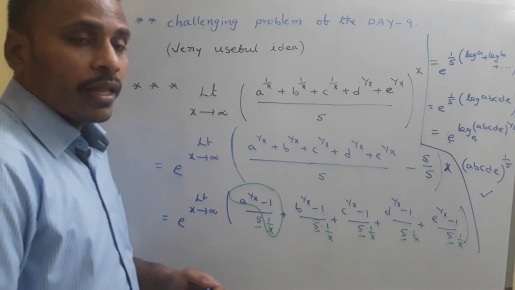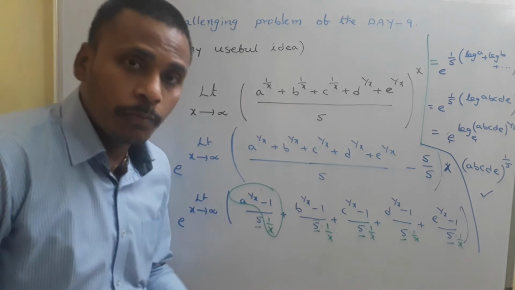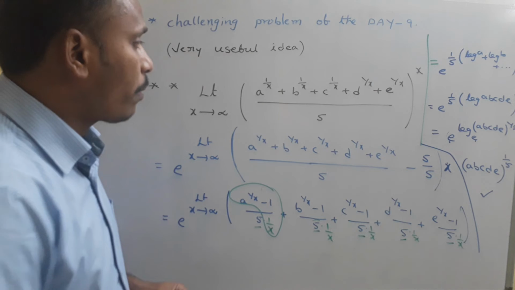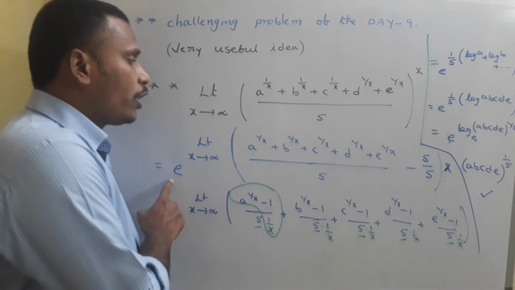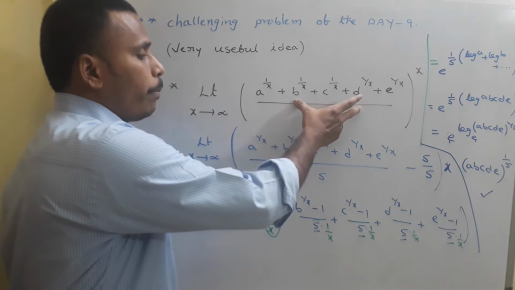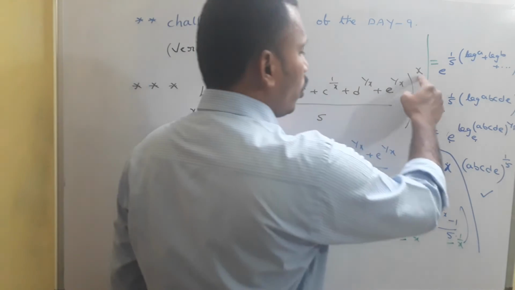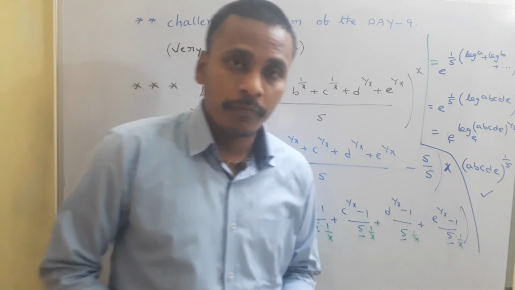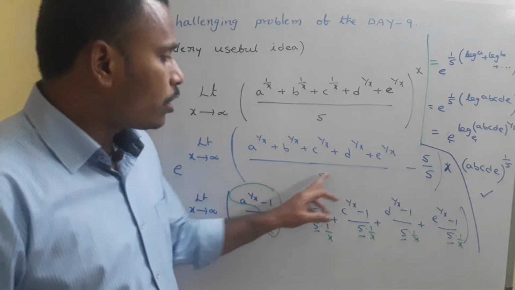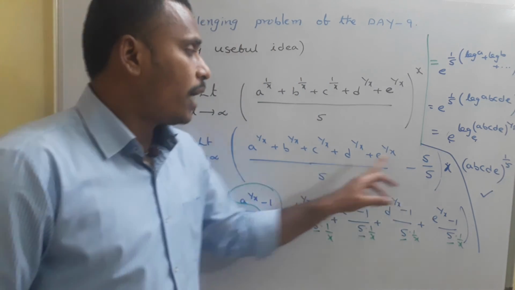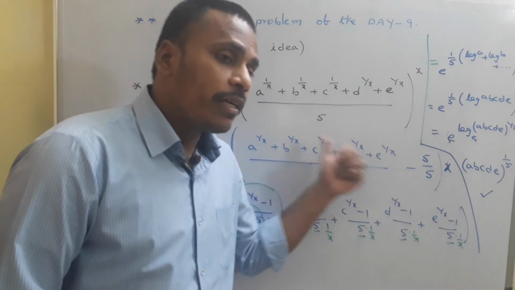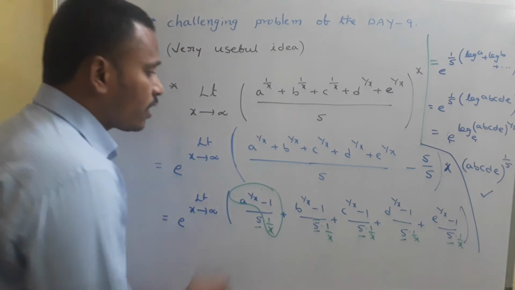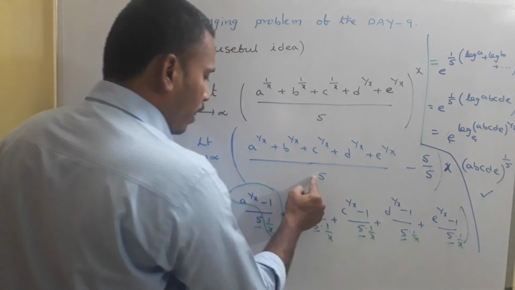This is the problem. Direct substitution is giving us the 1 power infinity form. Since direct substitution is giving the 1 power infinity form, we need to write it in such a way that it is e to the power limit x tending to infinity, base minus 1, into the power x. That minus 1 can be written as minus 5 by 5. And the next step, see, the denominator is 5 and this numerator 5 can be distributed for all these 5 terms, 1 for each. And I will write it like this: a power 1 by x minus 1 by 5,